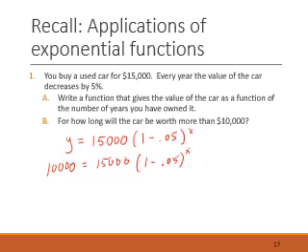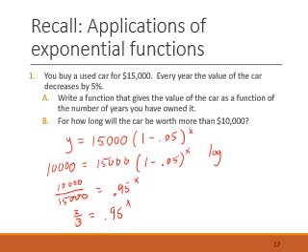Okay, so if you think about order of operations, the first thing you would do is divide both sides by 15,000. And now you have an exponential with a base of 0.95. So that means you can use a logarithm to get rid of the exponential. 10,000 over 15,000 is 2/3, so we can rewrite that to make it a little more simple. All right, so if you take log base 0.95 of both sides,